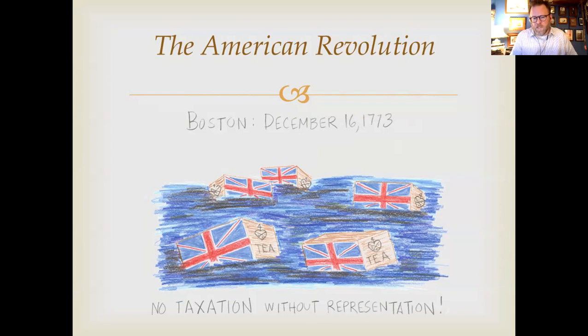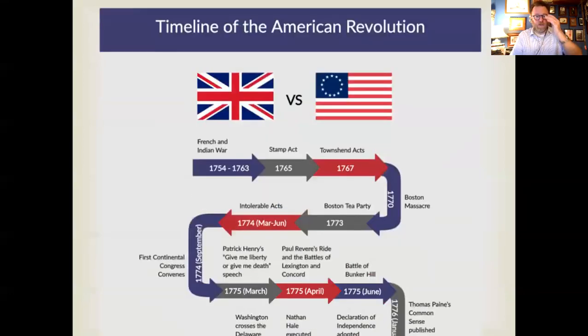But it was really about the principle, about the fact that, hey, you can't just impose taxes on us without us having representation, without us actually having say into what's going on here. And so we look at the timeline, the Revolutionary War. You can bring it back to the French Indian War, and then things like the Stamp Act, Townshend Acts. These are taxation acts. You got the Boston Massacre in 1770, the Boston Tea Party in 1773, the Intolerable Act,